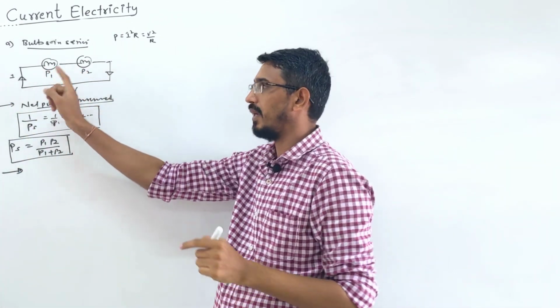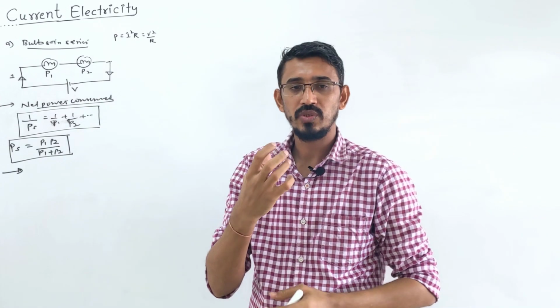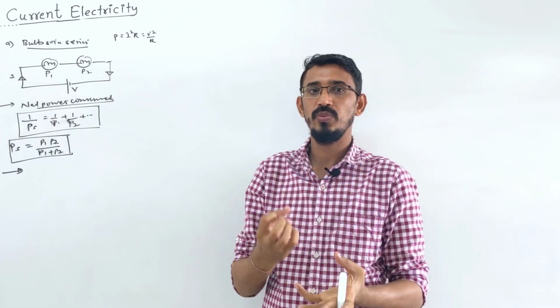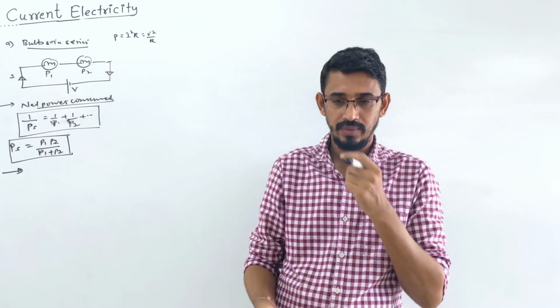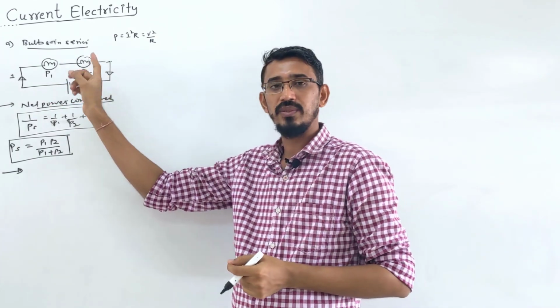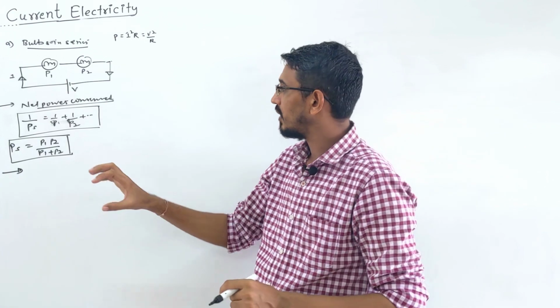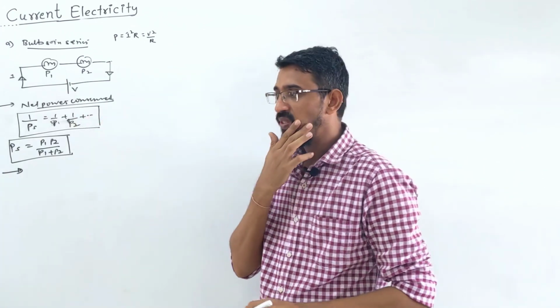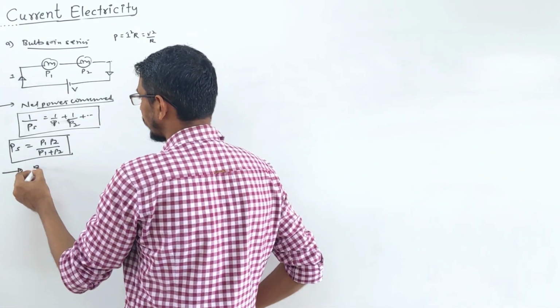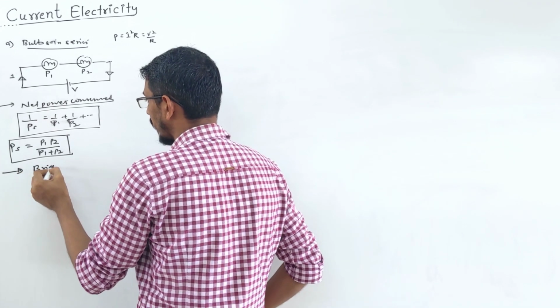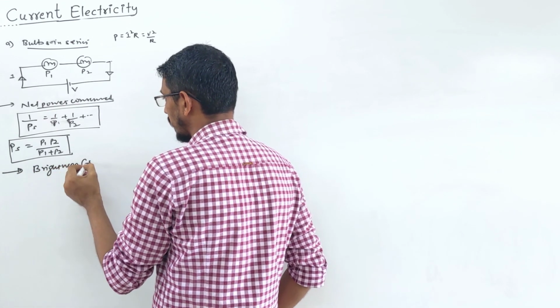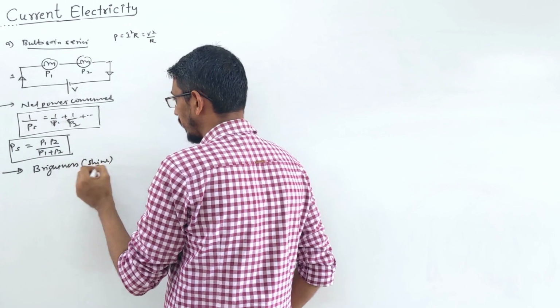Some power rating. Look, there are two words. One is called power consumed, how much they are really consuming, and one is called power rating. Rating means what is written on them, the power rating they need. Rating is already written on that bulb, and consumed means how much they are really consuming. So they ask this question, brightness. If they ask a question about brightness, or they say who shines more,